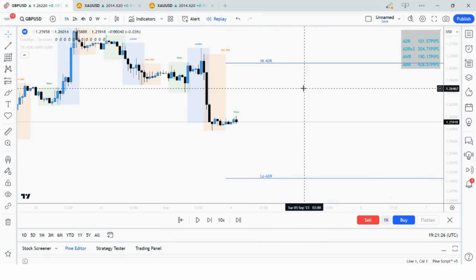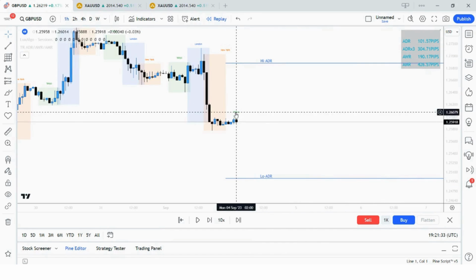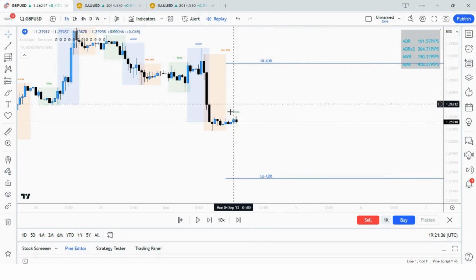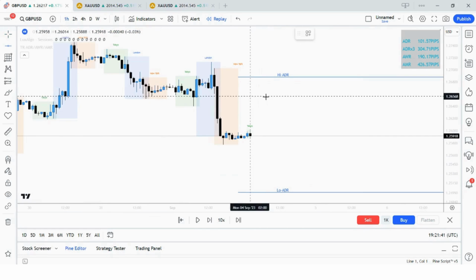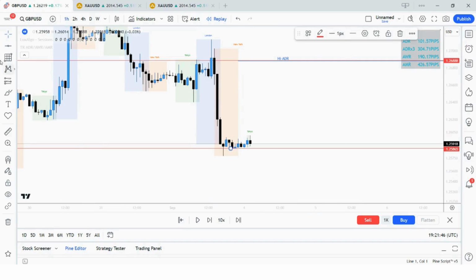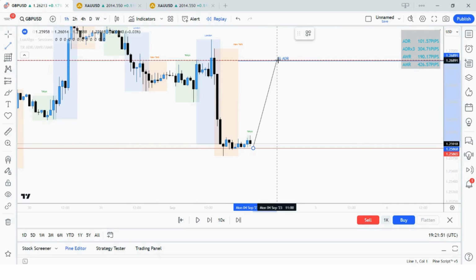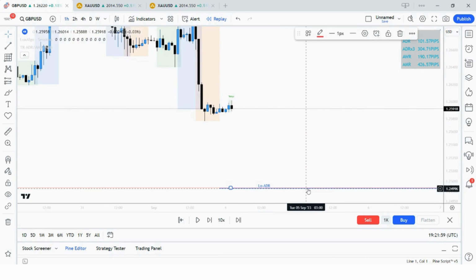So basically, this displays the ADR high and the ADR low. So today, we expect price to move 101.57 pips either to the upside towards the ADR high or either to the downside towards the ADR low. Now, as you guys can see, the ADR high is at this price level because between the current low of the day, which is over here, we expect price to move 101.57 pips. So this distance over here is 101.57 pips. And the ADR low is at this price level because we obviously expect price to move 101.57 pips